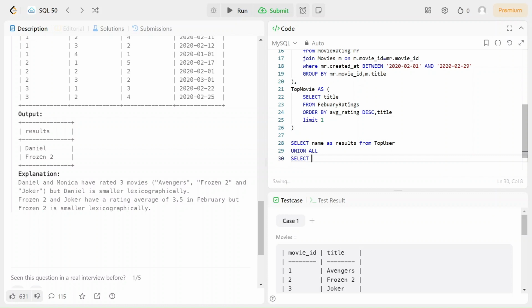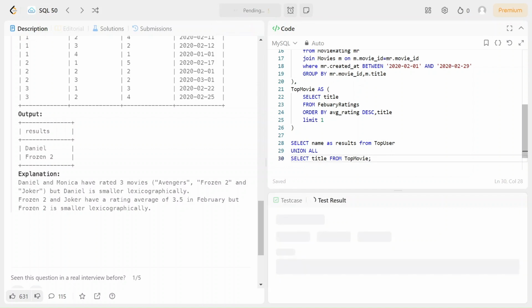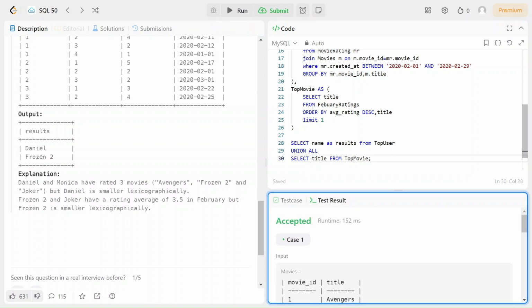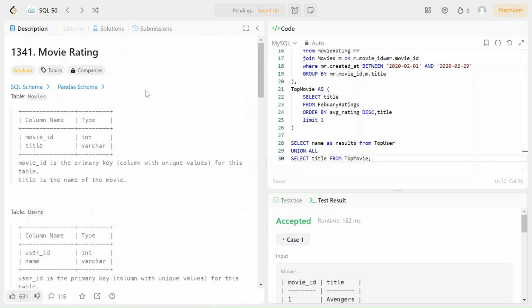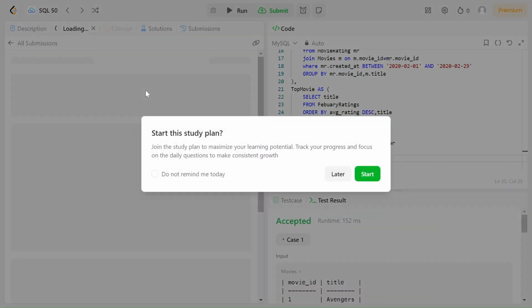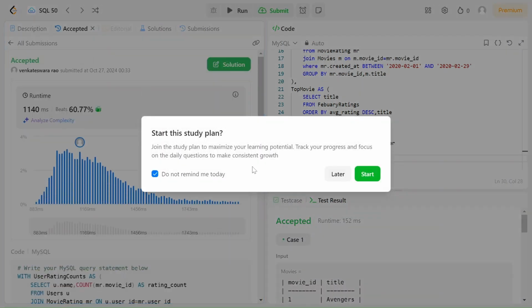Similar to the above one, I'm selecting title from top movie. This is all, guys. We'll run and see whether it is working fine or not. Hope it will work. I will try it on the test cases too. Yeah, it is working fine,